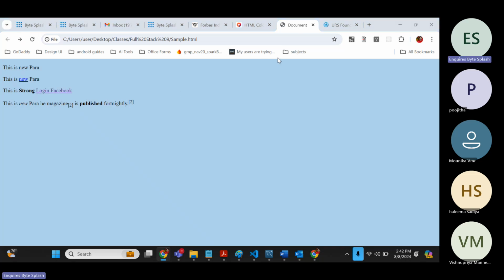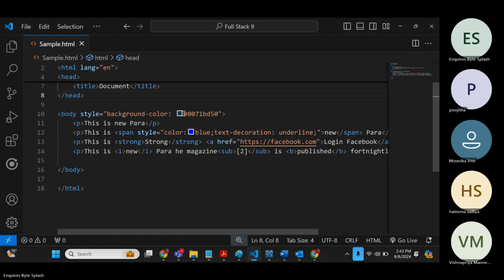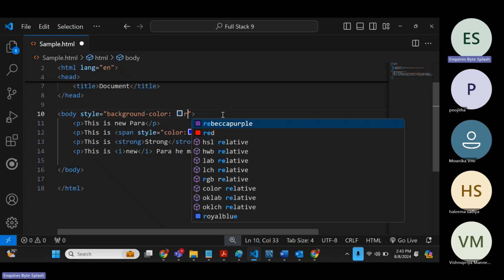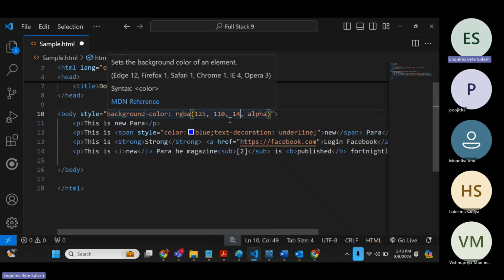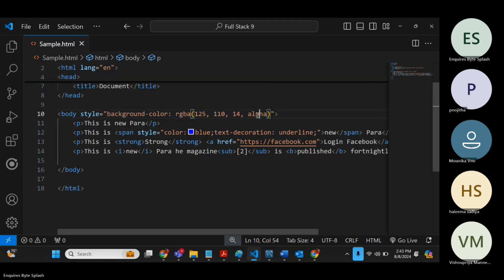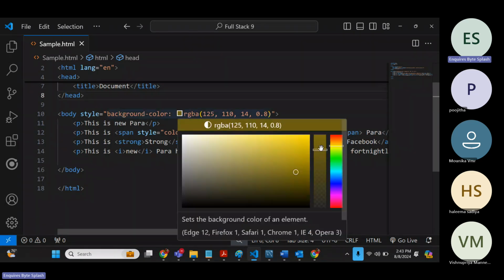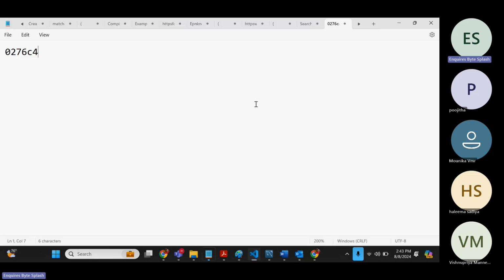Again, you can apply the same using RGBA. But if you are using RGBA, you need to give the color codes 125, 110, 15, 14. 0.7. So now this will become this color. Again, whenever I increase the opacity, means transparency, then this value might change. You see,